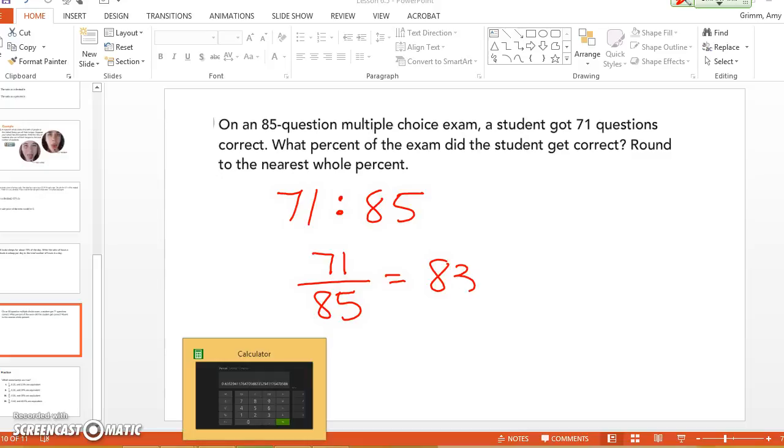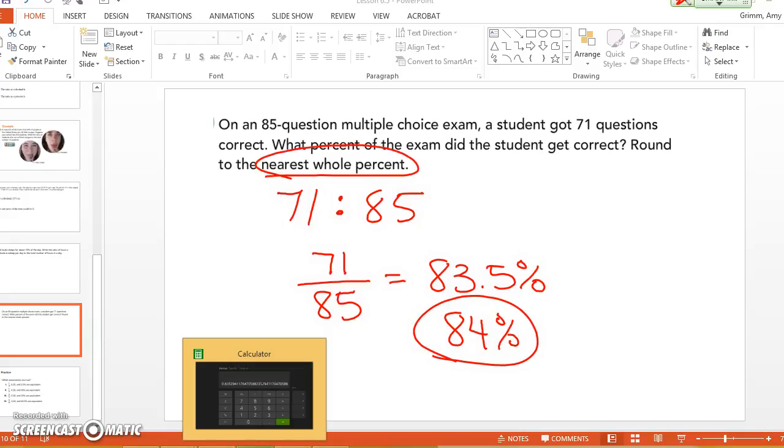So 83.5 would round to 84%. And that's what I have to go with. If it says round to nearest whole percent, you have to pay attention to that. Okay? All right, that's where I'm going to